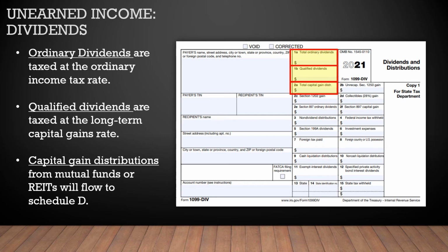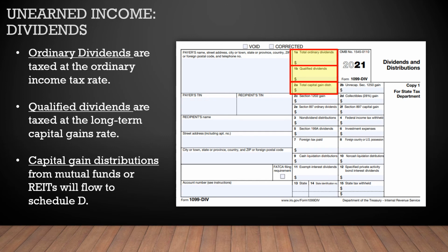It's really common to see the same amount reported in 1A and 1B, and this generally means that all of the ordinary dividends were in fact qualified dividends, and that usually has to do with how long our taxpayer has owned the shares that these dividends are coming from.